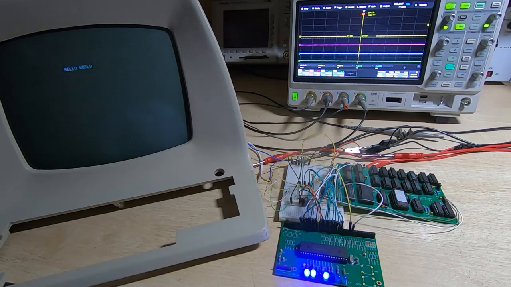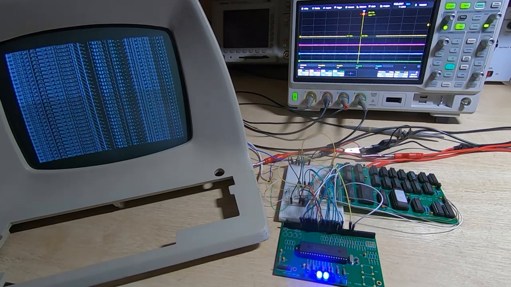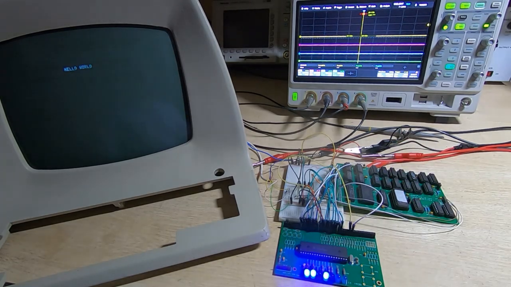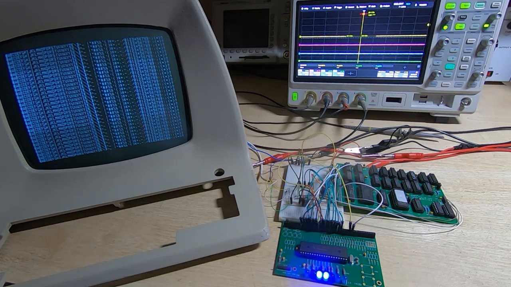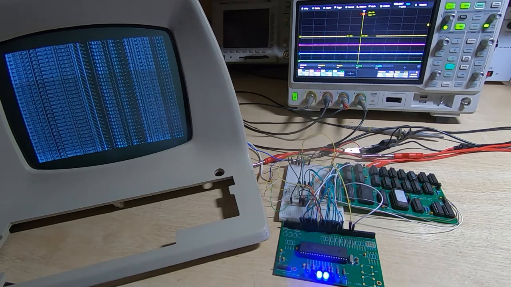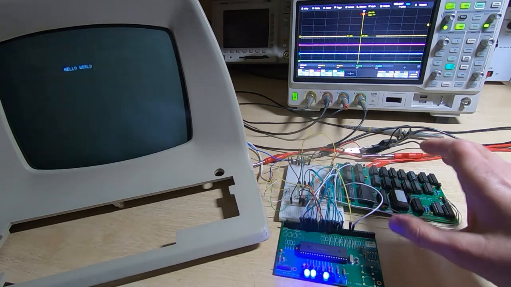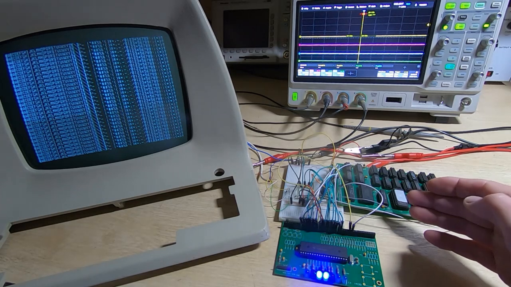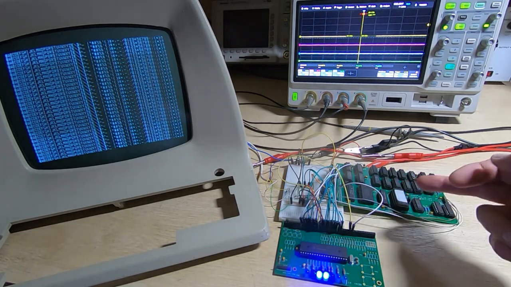But as you can see, we can now write an entire screen of characters in just a few milliseconds. So it's working extremely well. We've got very good speed out of the system. It's easily more than adequate for what we need. I'm not getting any weird artifacts on the screen, so it's looking like the video output is doing exactly what we need. All the addressing is correct, so if I write to a particular address, bear in mind that the